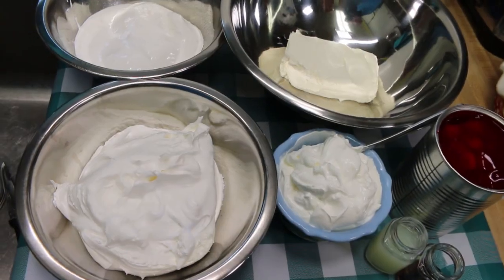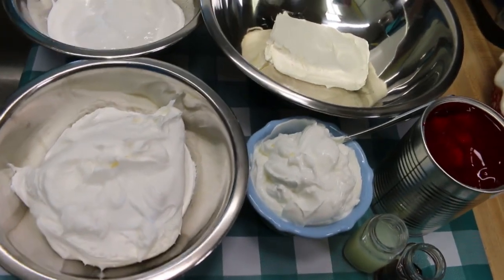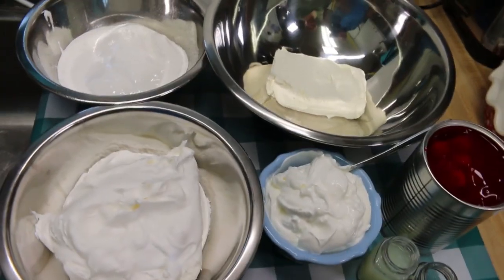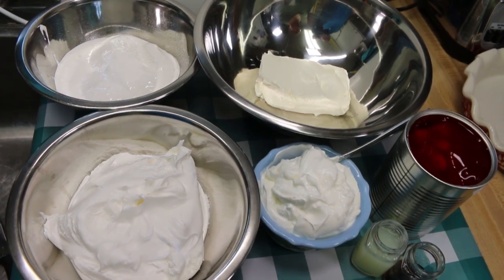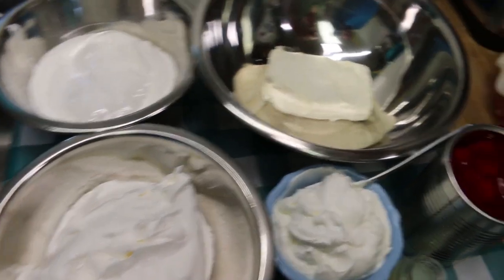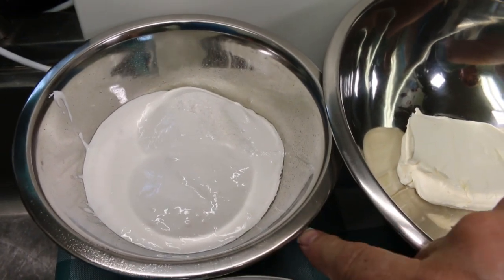Continuing on with our Christmas in July celebration, we're going to make a little something sweet and delicious that you can share any time of year. But you know, we like to bring out these sweet treats at the holidays. So what we're going to start with is one 8-ounce brick of cream cheese, softened, a 12-ounce container of marshmallow cream,